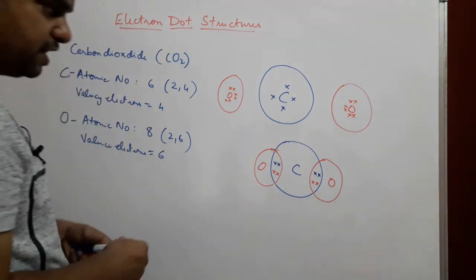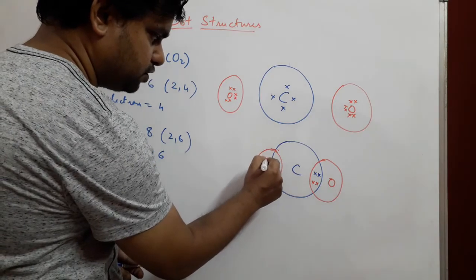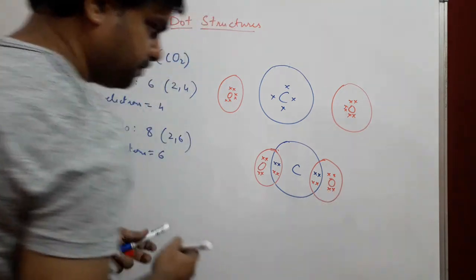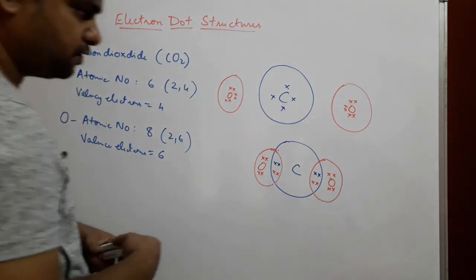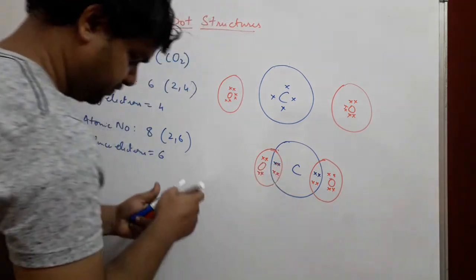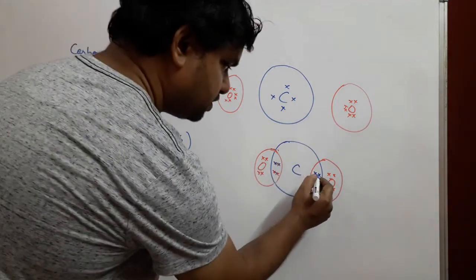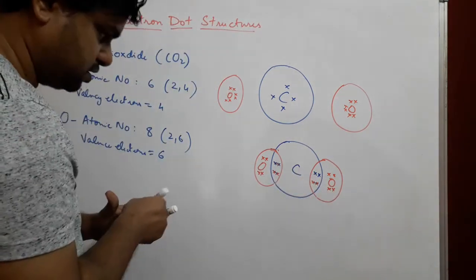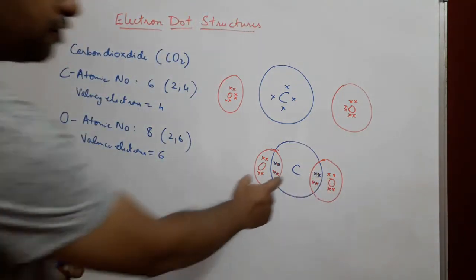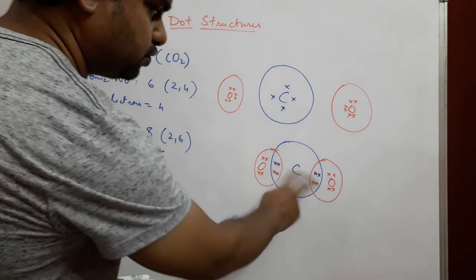And what remains behind with this oxygen atom are the other 4 electrons. So you have 1 2 3 4, 1 2 3 4. Got it? And so we have over here one bond and another bond. Similarly over here there is one bond and another bond. Okay, so carbon forms a double bond with oxygen, and since there are 2 oxygen atoms, there are 2 double bonds being formed.